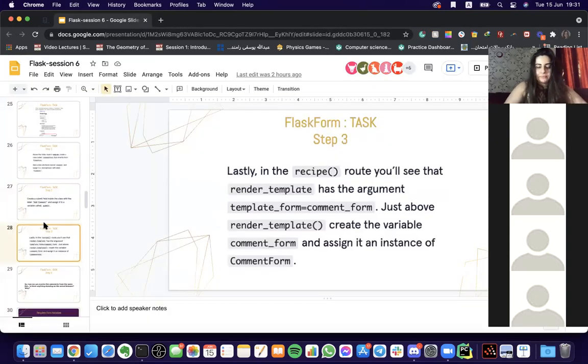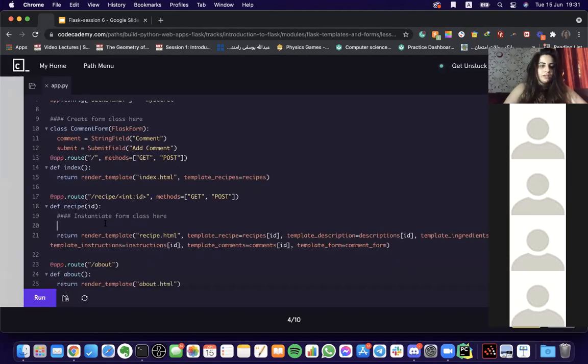Then in the recipe route, you'll see that render_template has the argument template_form equals comment_form. Just above render_template, create the variable comment_form. Okay, so recipe is here. I have to instantiate and call it comment_form. Comment form equals CommentForm, the little thing. That's it, basically. And when you actually run it,